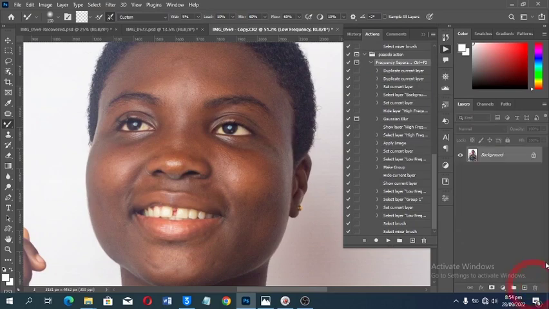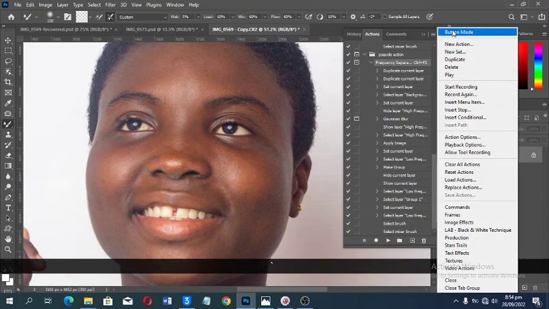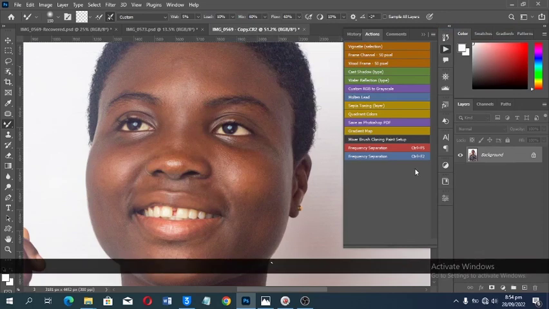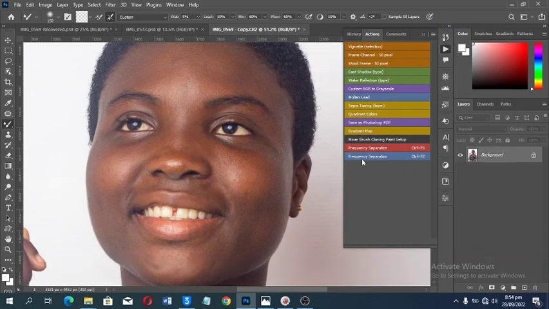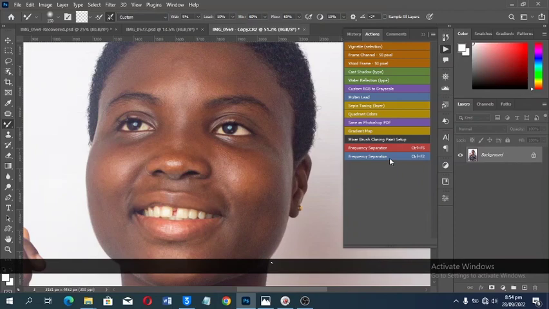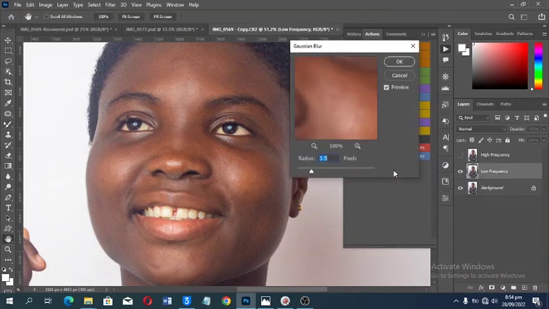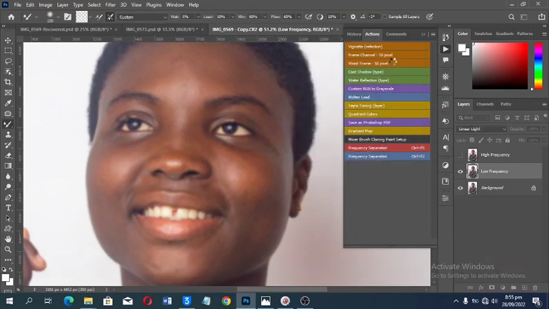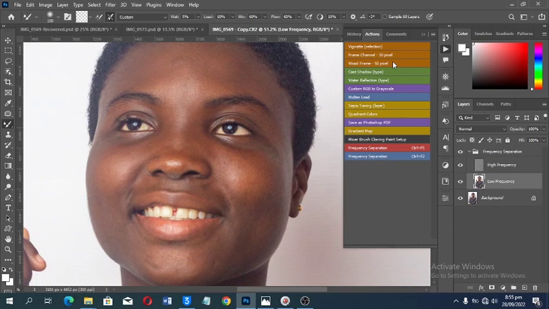So let me click and drag this one to the bin once more. Also, when I come all the way up here and click on button mode, it is going to change from all those red things that we are seeing, and we are going to see this one. You see the blue that we selected is here, and we have the shortcut here as Ctrl F2. So when we select this one, just click on it and it's going to play the action, and we can change the figure to maybe 4.1, click on OK,